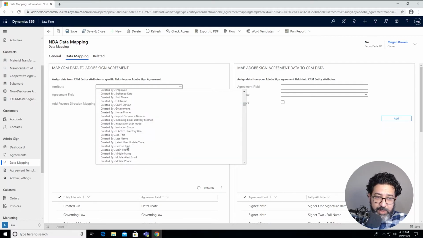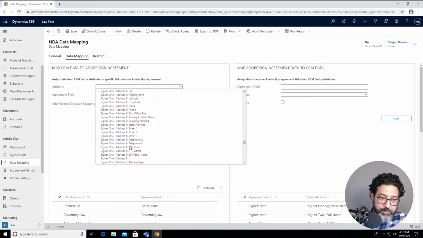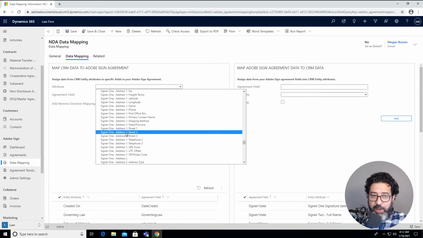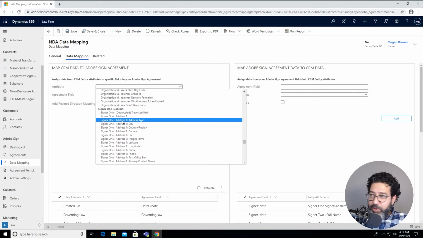And for here, for example, I have signer 1, and this is the contact information of the first person who will sign the document.